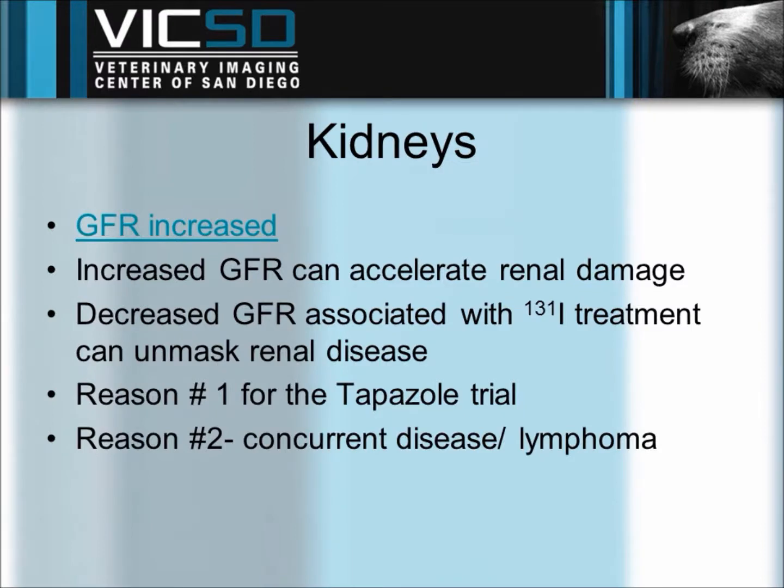GFR, glomerular filtration rate. With I-131, with hyperthyroidism, GFR is increased, and that plays a big part in things. It plays a part in lowering the BUN and creatinine. It plays a part actually, and we'll get to it, about T4 levels. A lot of things are played in there. So to understand what's going on,